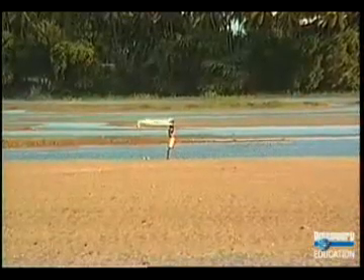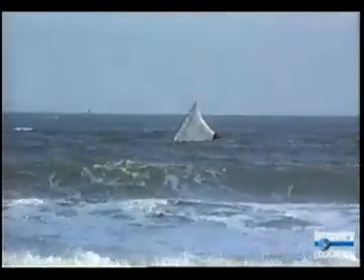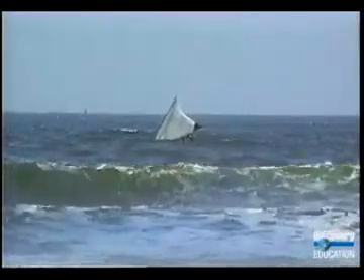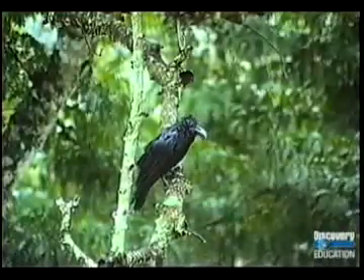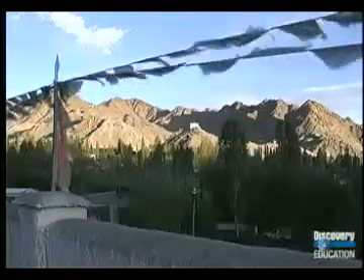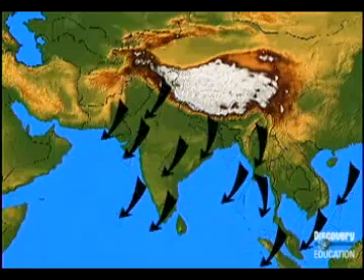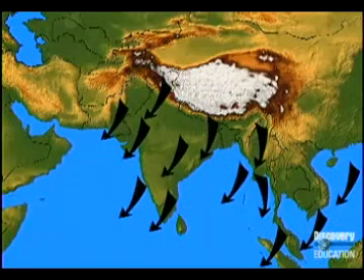The monsoons, which are so important in South Asian life, are seasonal shifts in the direction of the winds. In fact, the word monsoon comes from the Arabic word for season. The summer monsoon brings rain, but the winter monsoon is dry. So these seasonal reversals in wind direction bring alternating periods of rain and drought to South Asia.